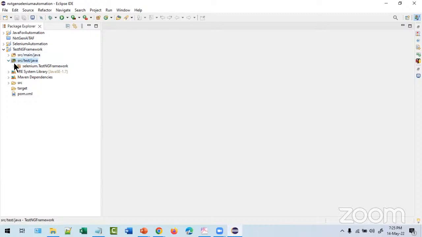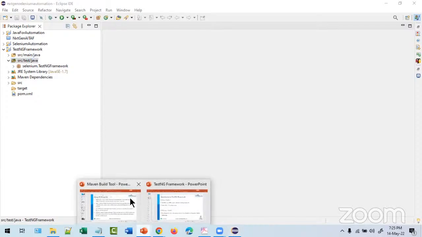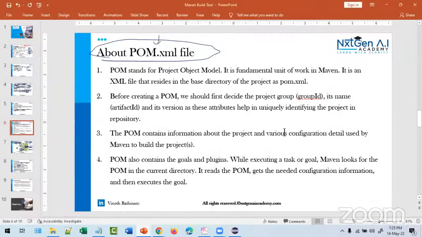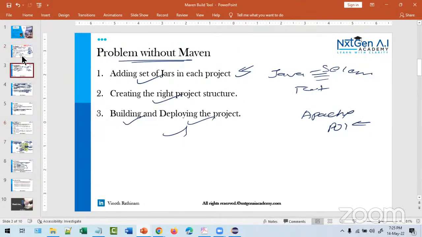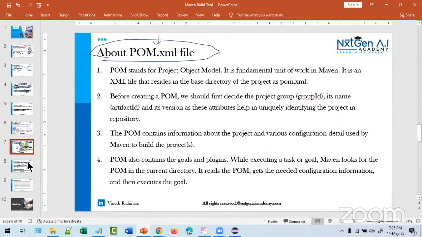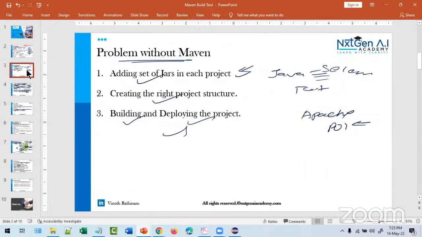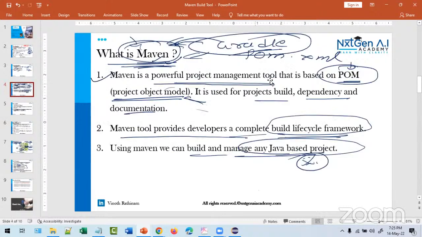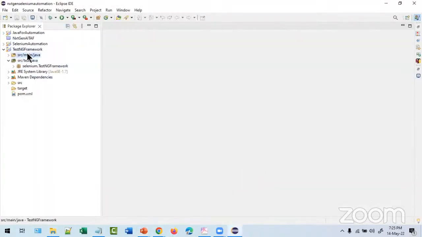And see, this is how they will customize. They are just giving a proper folder structure. That's what was said in the PPT also. Fundamentally, we have a very good Maven. Okay, Maven project was based on project build dependency. Very easy to manage. So it is easy. If a developer will do this, testing will do this.